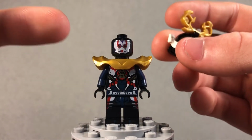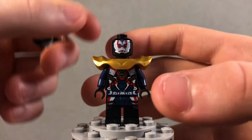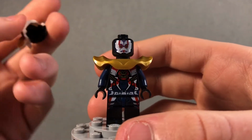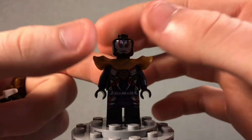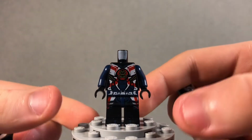Kind of looks really weird. The printing did not really turn out well for the face of this figure, but it's really weird, and it's alright. I mean, I don't know how else to put it, but the other face is pretty bad. But we'll take off the head for a second, take the armor off, and take a look at the torso